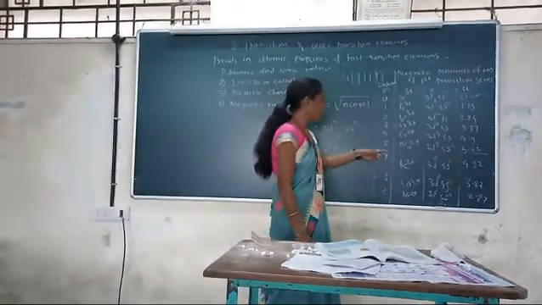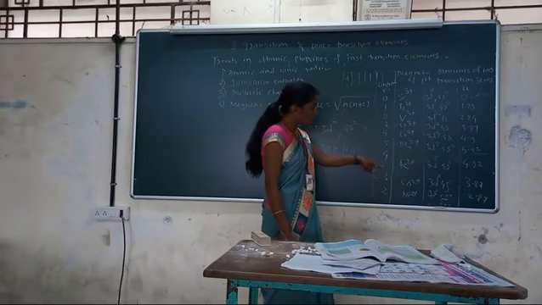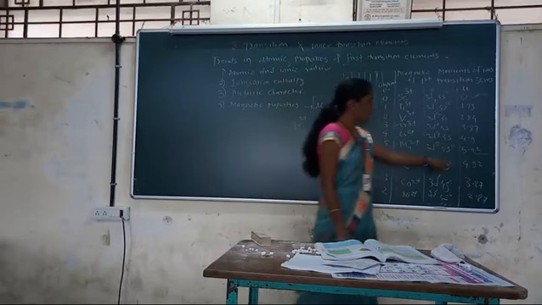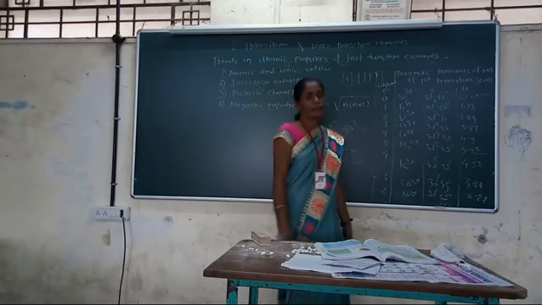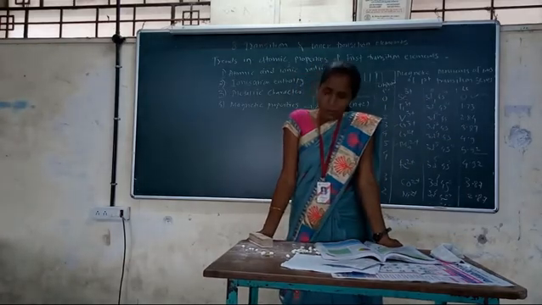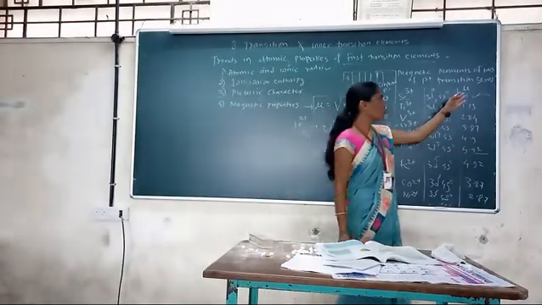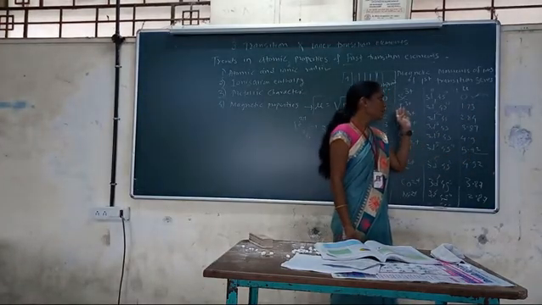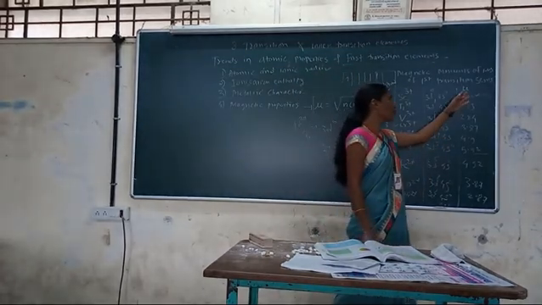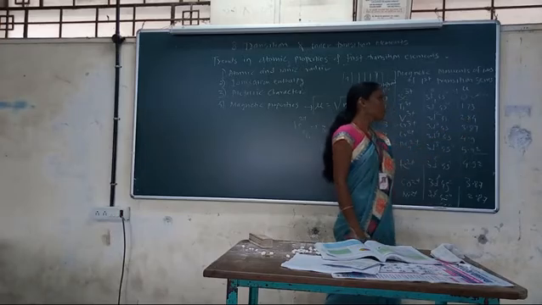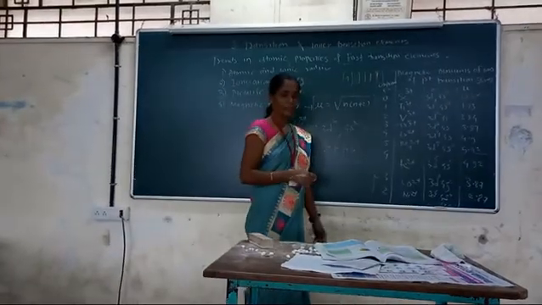The value remains 5.92. Again, next to Fe, cobalt, nickel, the number of unpaired electrons decreases. Therefore, the dipole moment also decreases. From these, it is clear that when the number of unpaired electrons is greater, the magnetic dipole moment is greater. When the number of unpaired electrons is less, the magnetic dipole moment mu value is less. That is, the magnetic property depends on the number of unpaired electrons.